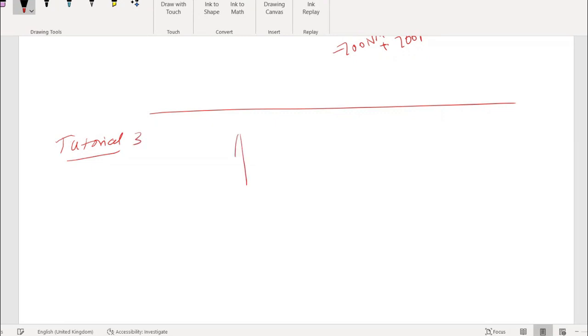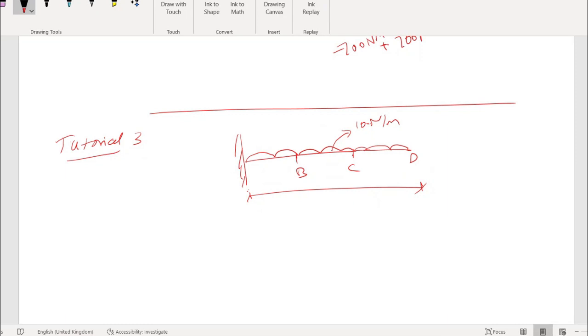Take the fixed end again, and take a UDL, right? UDL of span length. All of you write down. The unit value of the loading is 10 Newton per meter, and take this end as D, and at distance C some value, at distance B there is some value, right? We take the same case but change to UDL only.